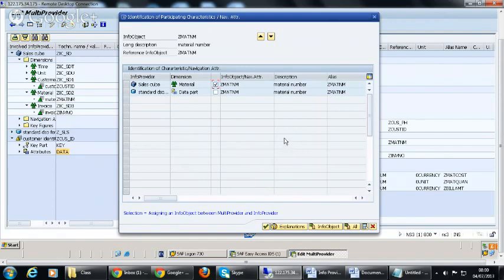So here we do identification of each and every characteristic, and here you can see invoice number. Standard data store object is providing the same invoice number, as well as sales info cube is providing the same invoice number. So I'm selecting the cube because we believe that cube has all the right data, more than the data store object. So we have to select the cube, because in cube you will have whole consolidated and summarized data.